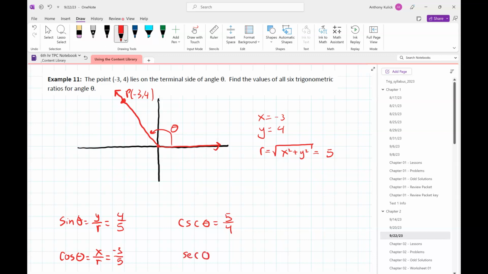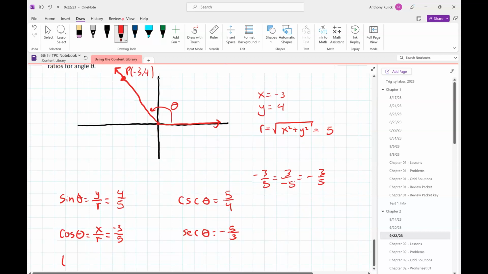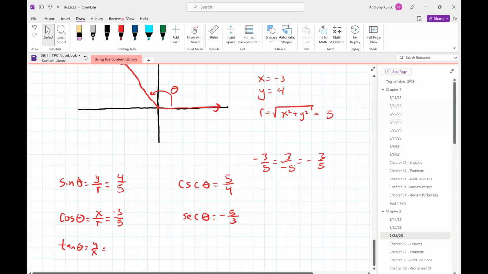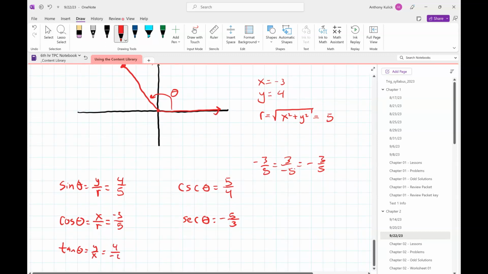So secant, I remember, is the reciprocal. And again, remember -3 over 5 is the same as 3 over -5 or just -3/5, right? From our basic algebra stuff, the negative sign doesn't really matter where it's at. Okay? And then tangent is y over x. So we have 4 over -3. So cotangent should be,